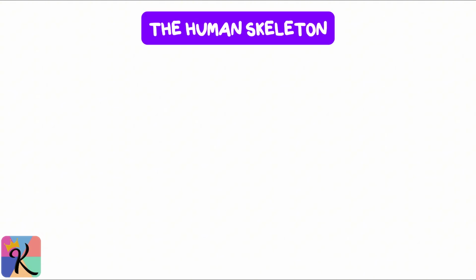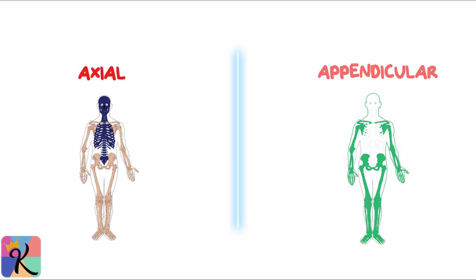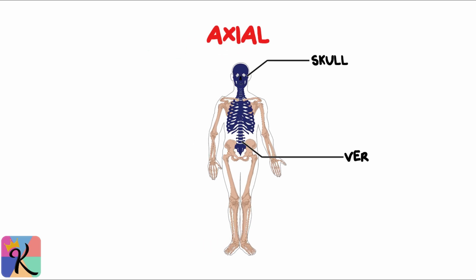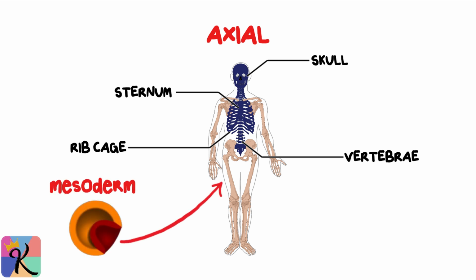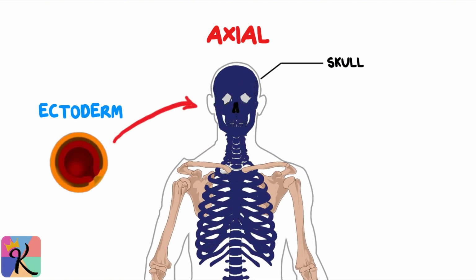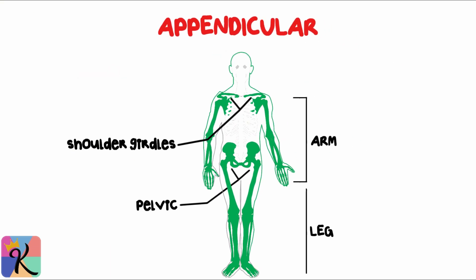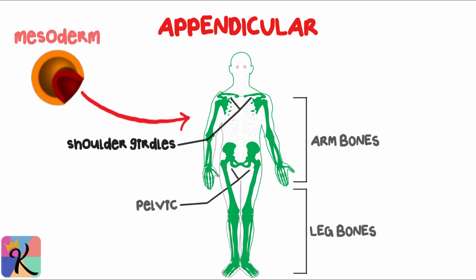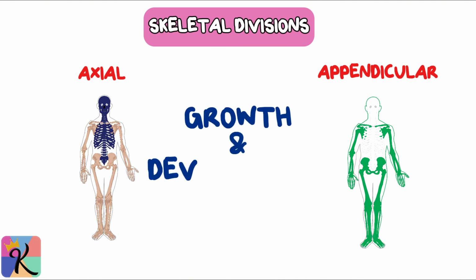The human skeleton can be divided into two major parts: the axial skeleton and the appendicular skeleton. The axial skeleton includes the skull, vertebrae, rib cage, and sternum. Most of these structures are derived from the mesoderm. However, as we mentioned earlier, some bones of the skull are unique because they originate from the ectoderm. On the other hand, the appendicular skeleton consists of the pelvic and shoulder girdles and the bones of the limbs. Unlike the axial skeleton, all parts of the appendicular skeleton are derived entirely from the mesoderm. Understanding the differences between these two skeletal divisions helps us appreciate the complex coordination of growth and development that occurs